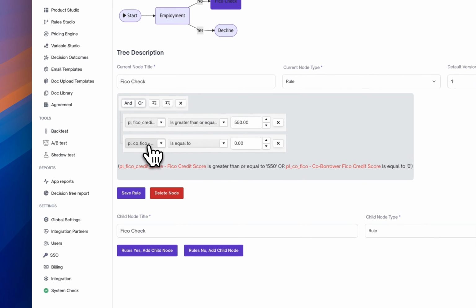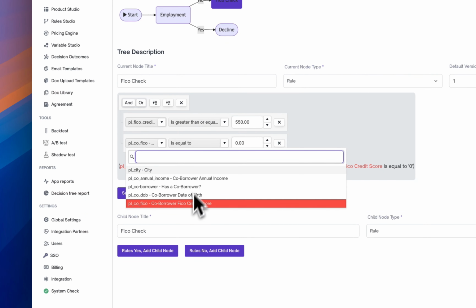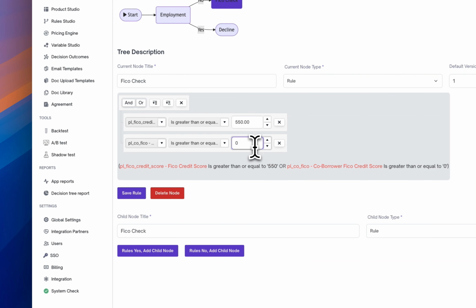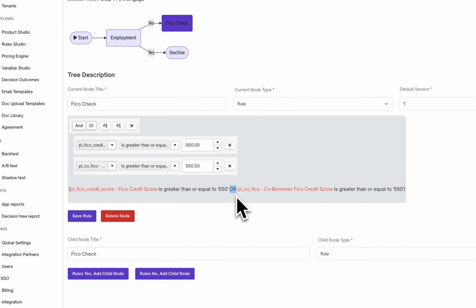So we're going to now ask to have the co-borrower scores, again, must be greater or equal to 550. And you'll notice here that as part of this particular node, you have a logic gate associated with it,